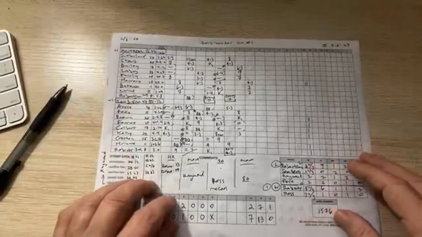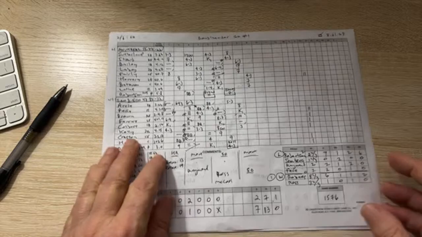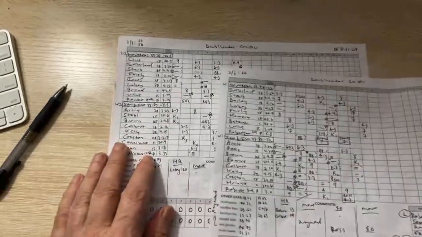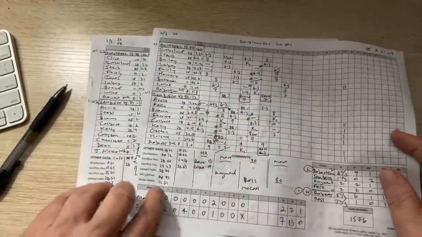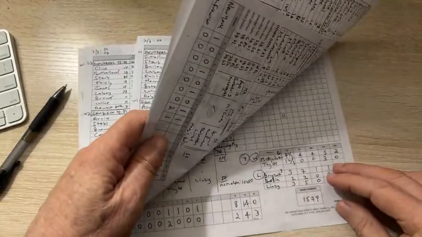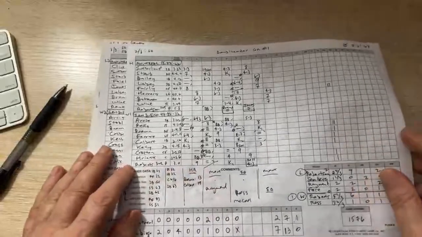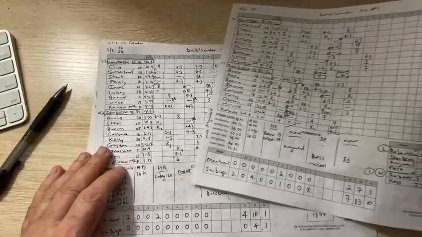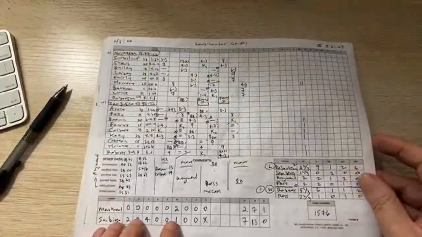This was probably 2 days ago. San Diego beat Montreal 7-2. Oh yeah, this is a doubleheader. I think I played this first thing in the morning yesterday or the day before. They split the doubleheader. San Diego took the first one 7-2.